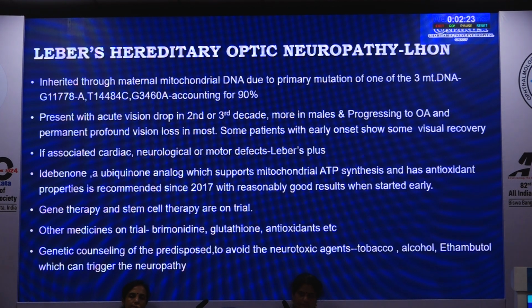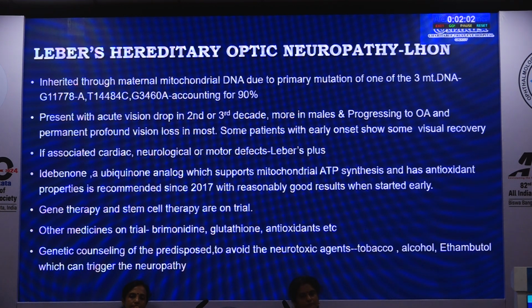They present with acute drop in vision in about 2nd or 3rd decade, more in males, and progressing to optic atrophy and permanent and profound vision loss in most of the cases. Some patients who had an early onset may recover, and they may have associated cardiac neurological problems, when they are called Leber's plus. Now,